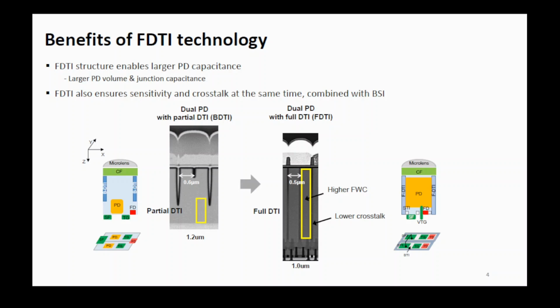Actually, at the beginning we tried two kinds of technologies at the same time, BDTI and FDTI, and each has its better points. But we got to know that for smaller pixels, the FDTI technologies are much better